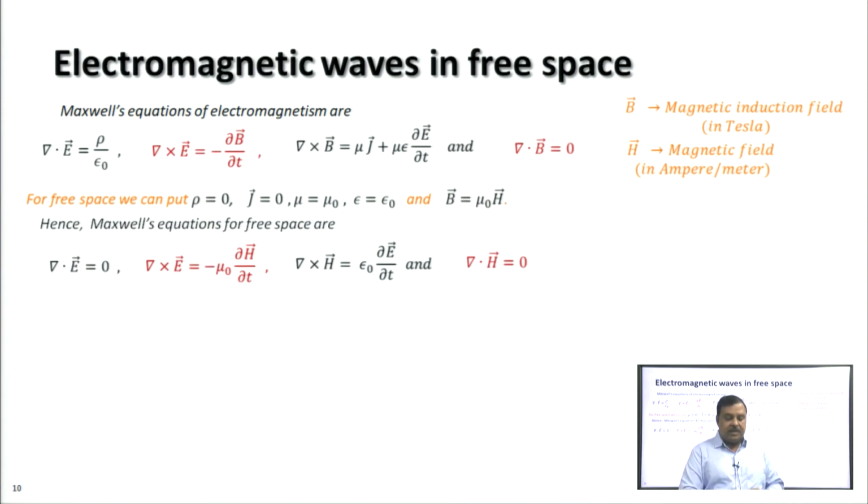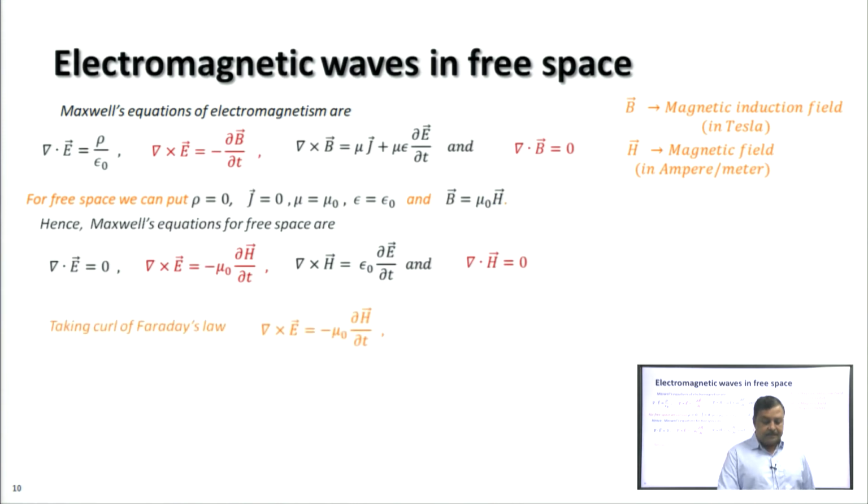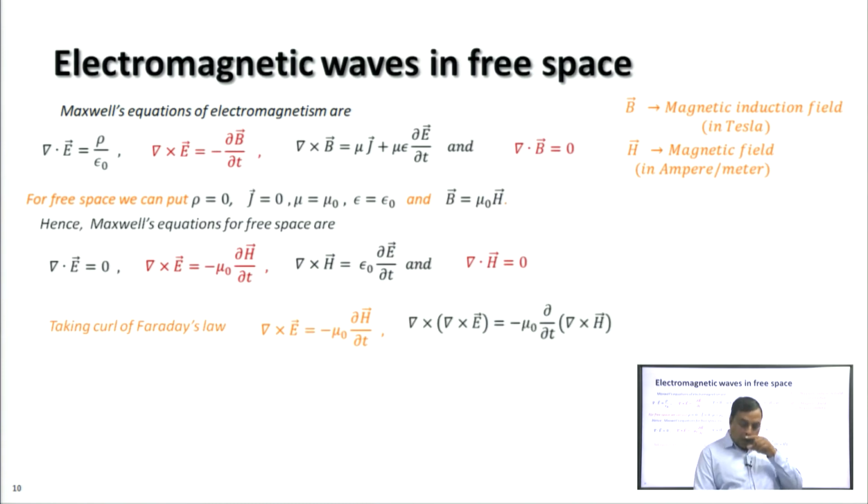Okay. So, with these substitutions we get these equations. Maxwell's equations for free space are del dot E equal to 0, del cross E equal to minus mu 0 delta H by delta t, del cross H equal to epsilon 0 delta E by delta t, and del dot H equal to 0. These are the equations for free space. Let us take curl of del cross E equal to minus mu 0 delta H by delta t. So, what we get? We get del cross del cross E equal to minus mu 0 delta by delta t of del cross H,